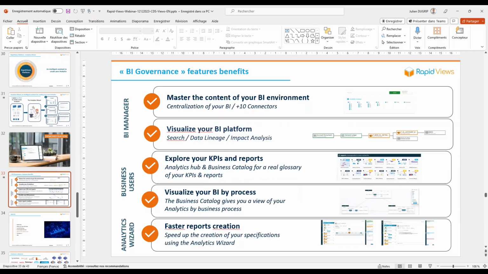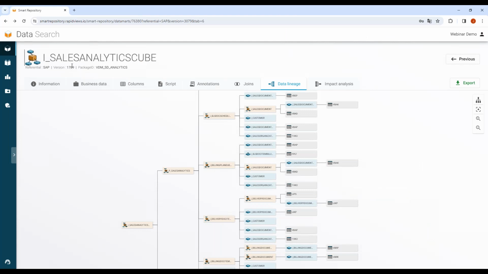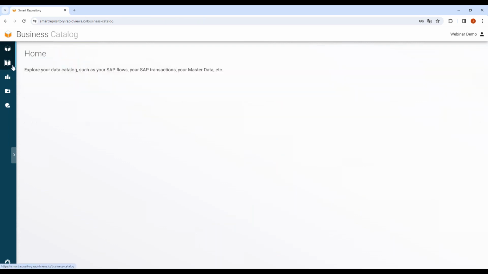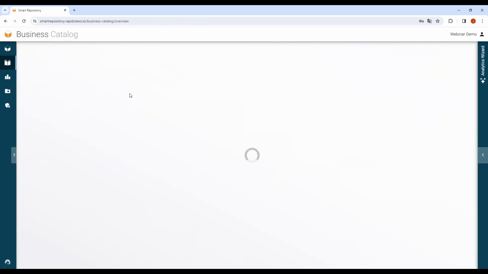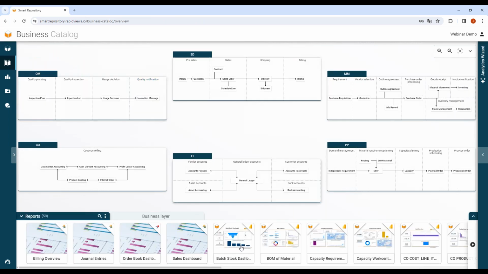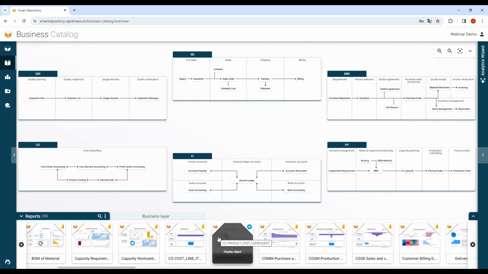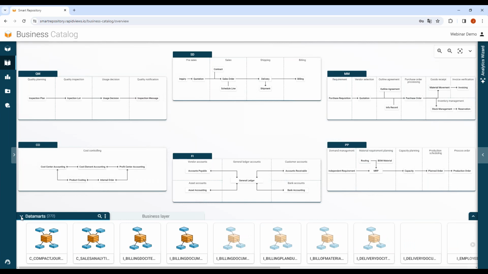Yes, it's me. If I go back to my RapidViews platform, to launch my governance tool and my analytics wizard, I go to my company referential and I start my business catalog. In this catalog, I have access to all the objects available, with a search bar. I can see all the reports, all the data marts, all the views available on my repository, and all the tables.